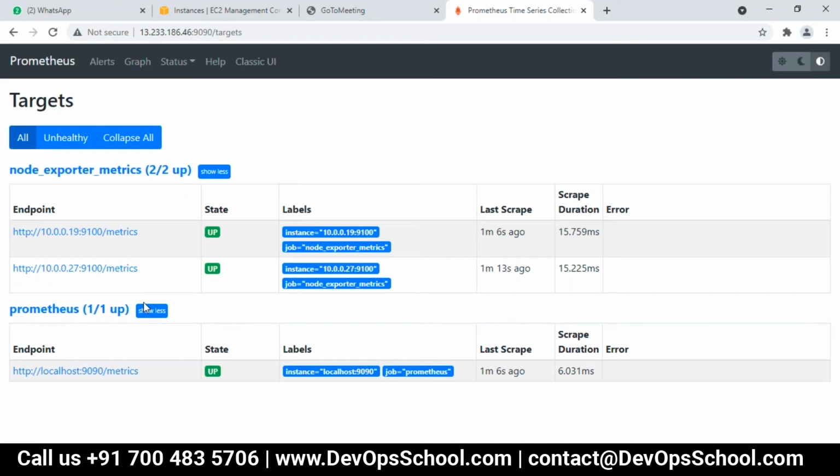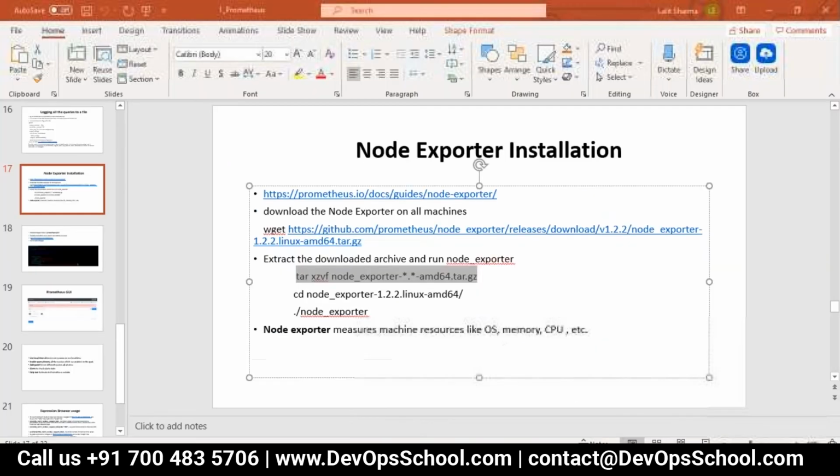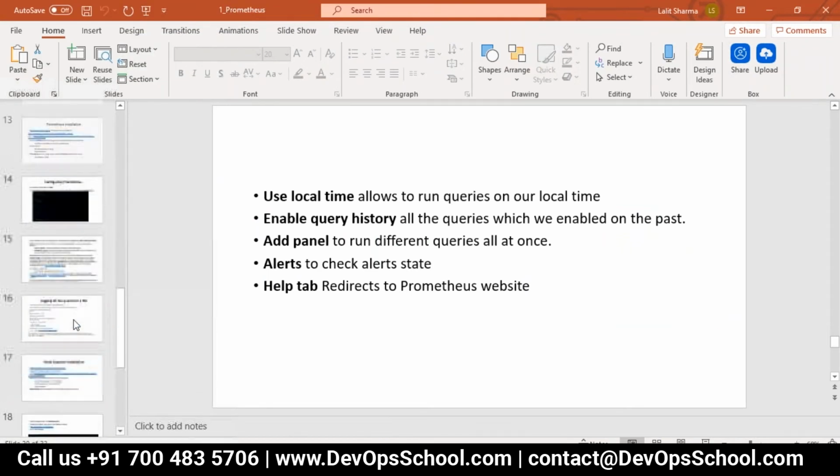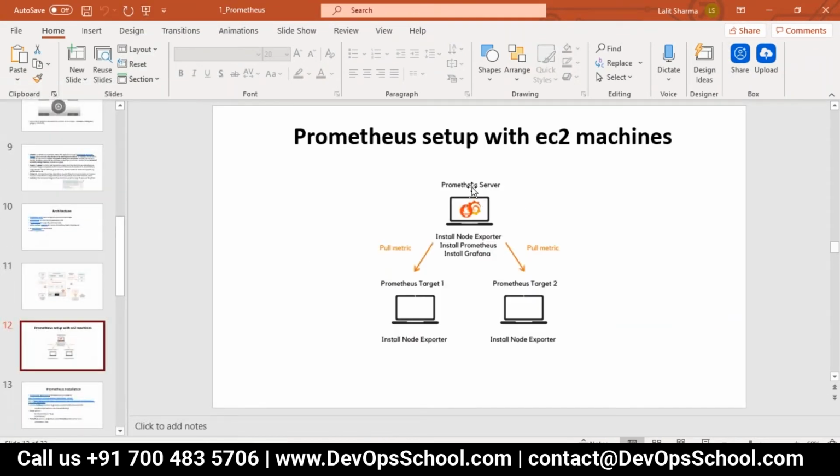Sorry guys, I might sound a bit low, so if you can't understand something, please let me know. So till now what we did, we created this setup of one Prometheus server and two target node servers.